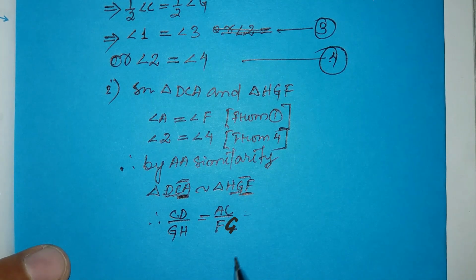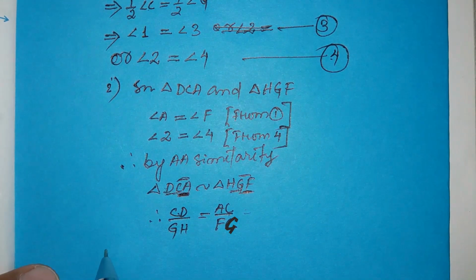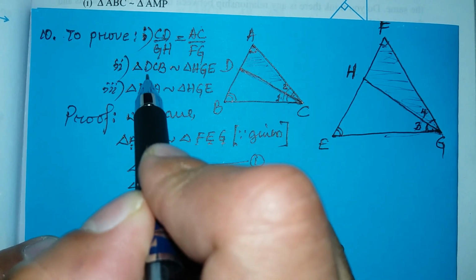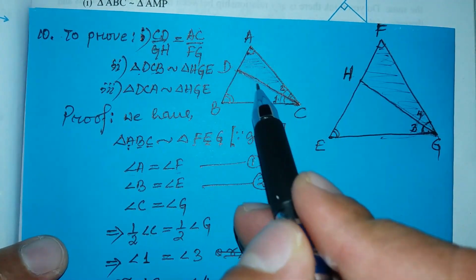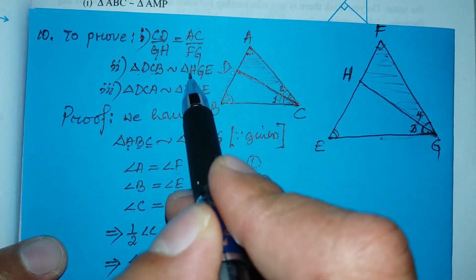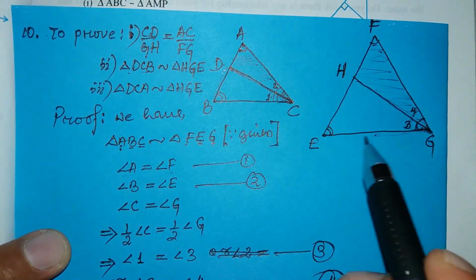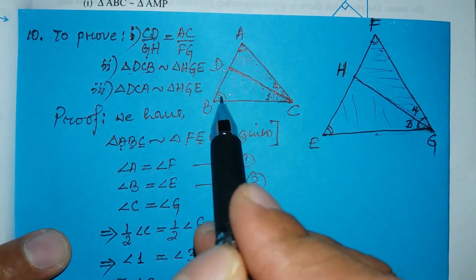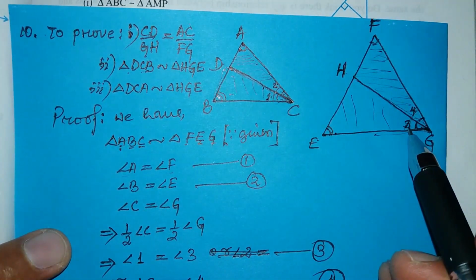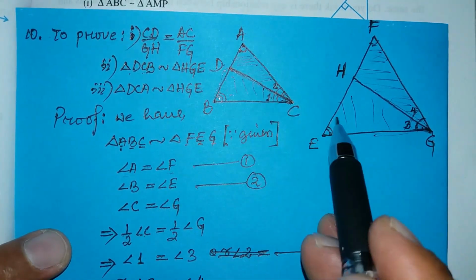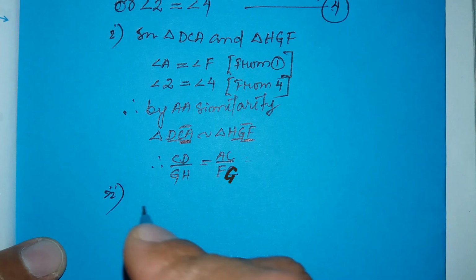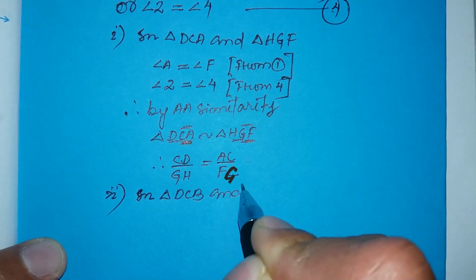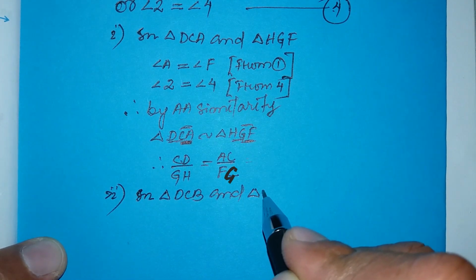Now let's see the proof for the second one. Now Roman number 2: we have to prove that triangle DCB, this triangle, is similar to triangle HGE. Here also, in these two triangles, we already have that these two angles are equal, and angle 1 and angle 3 are equal. So by AA similarity, we can say that these two triangles are also similar. So let's write here, in triangle DCB and triangle HGE,